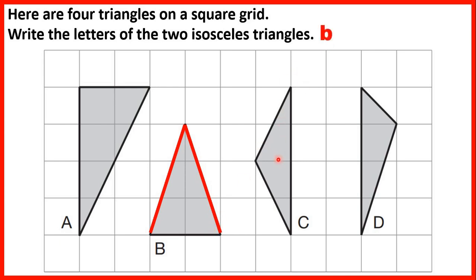So B is one of our triangles, and then our other isosceles triangle is triangle C, because again we've got 2 sides that are the same length and 2 angles that are the same. So this angle here and this angle here are the same size. So C is our other isosceles triangle. Remember, with triangles, if we've got 3 sides that are the same, then the triangle is not isosceles. We call a triangle with 3 sides the same an equilateral triangle. Or if all 3 sides are different, like